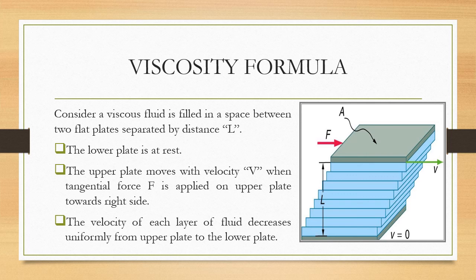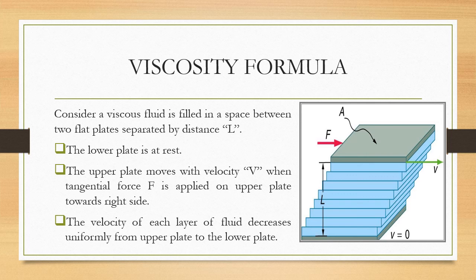This is now to calculate the viscosity formula. You can see a fluid depicted with different layers sliding over each other, with a force F applied to make them slide. These fluid layers have the area A, and on the upper side you can see the velocity is v for the sliding of the layers, and on the lower side, which is the reference level, the velocity v is equal to 0. The length of the layers from below to the upper side is L.